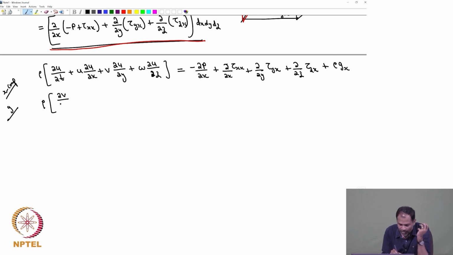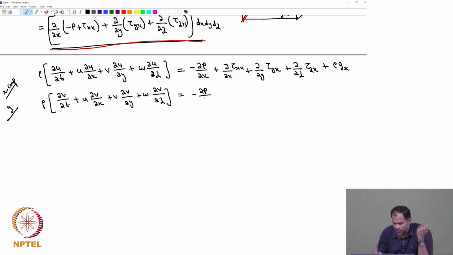So, that is ∂v/∂t plus the substantial derivative of v, which is u ∂v/∂x plus v ∂v/∂y plus w ∂v/∂z is equal to minus ∂p/∂y plus ∂/∂x of tau xy plus ∂/∂y of tau yy plus ∂/∂z of